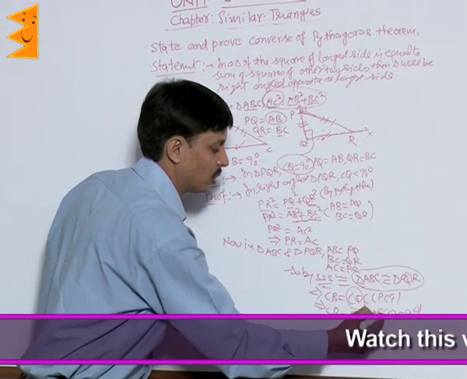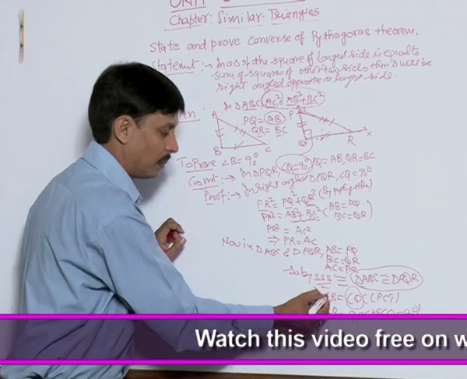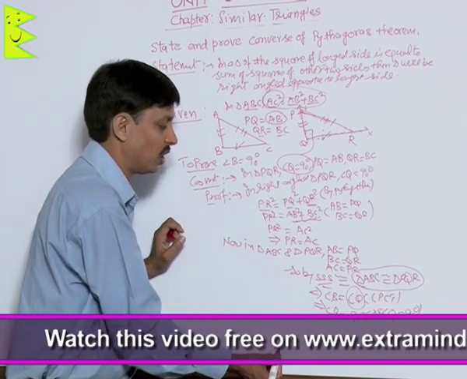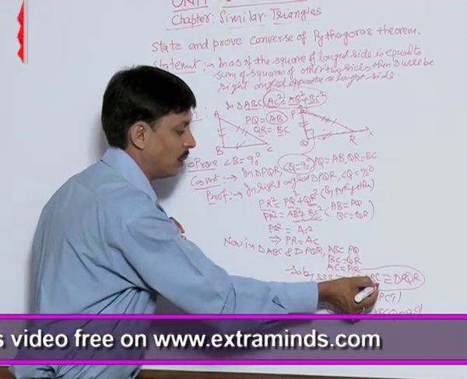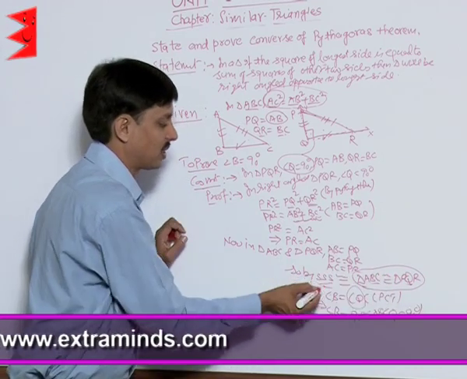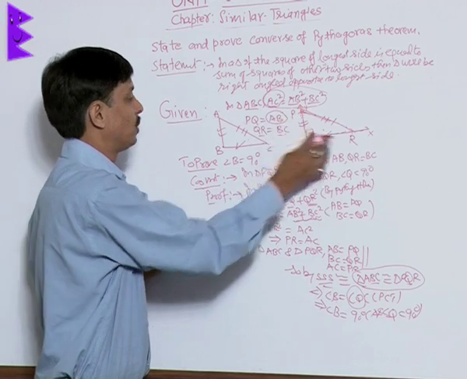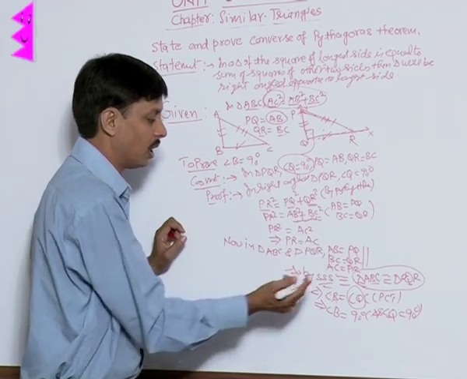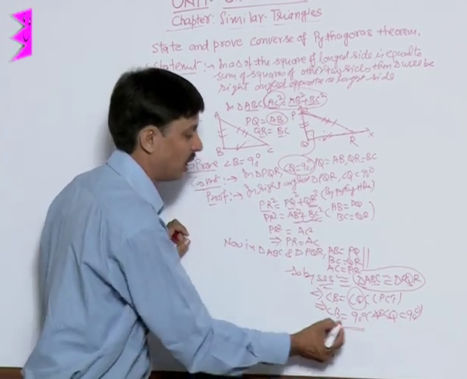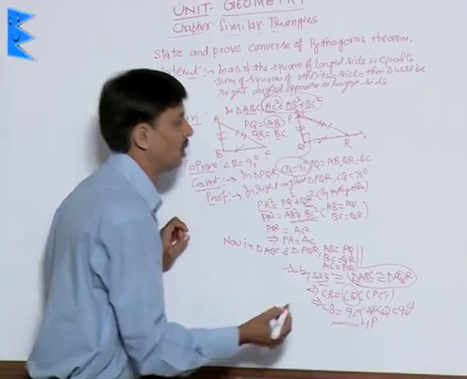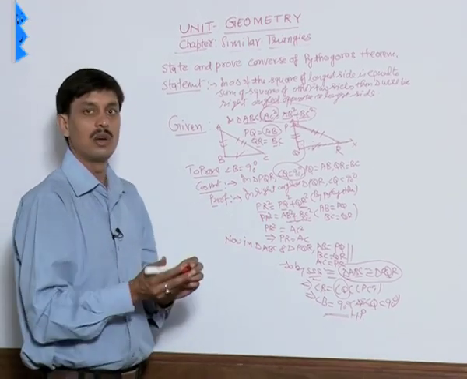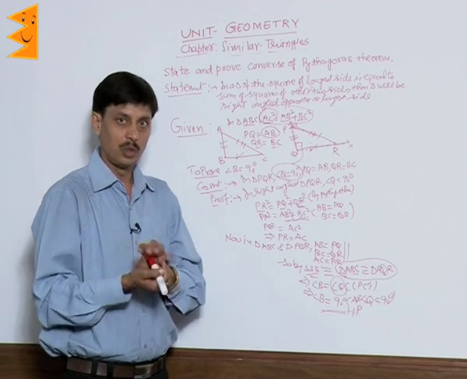Angle Q is how much? 90 by construction. And B and Q are equal. Why? Because of CPCT. Why because of CPCT? Because the triangles are congruent. Why are the triangles congruent? Because all 3 sides are equal. Why are all 3 sides equal? Because 2 have been taken and the third we have proved here. So angle B is 90 degrees. This is our required result to prove for the converse of Pythagoras theorem.